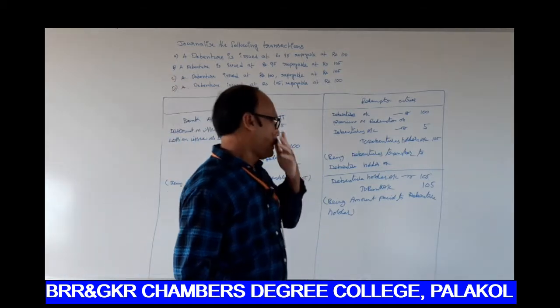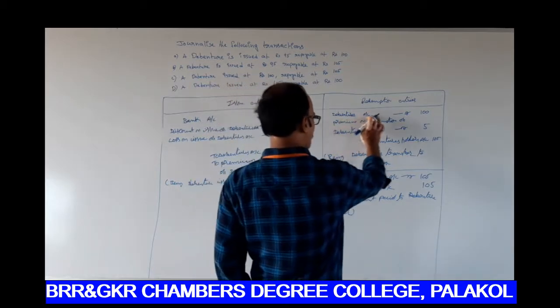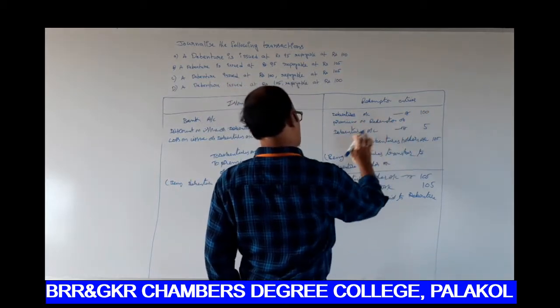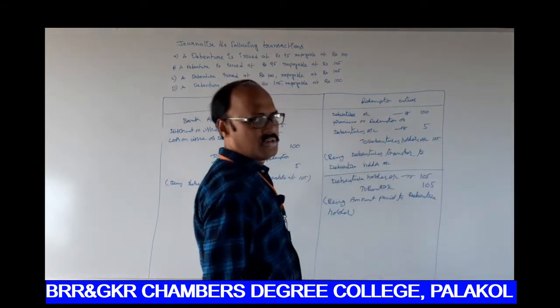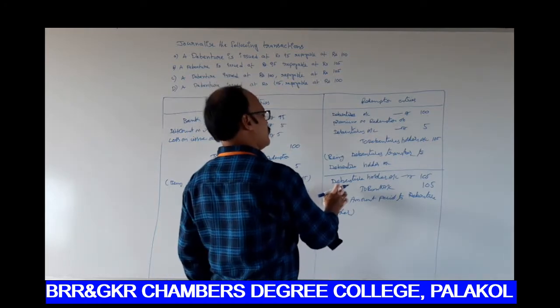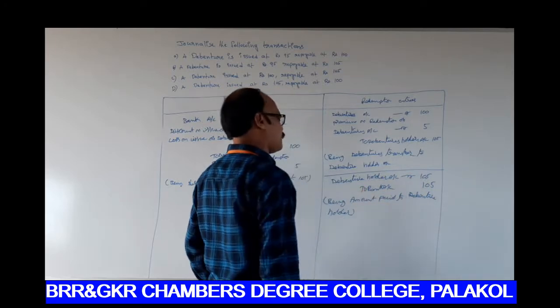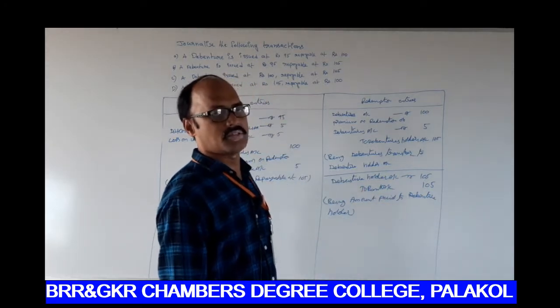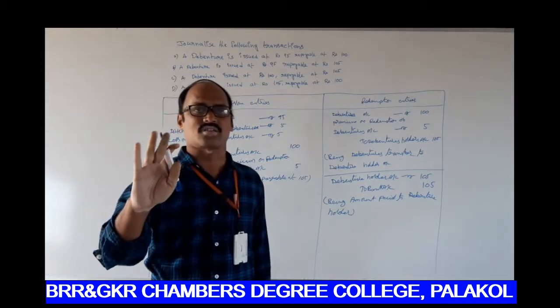So next one, debentures are transferred to debenture holder. Debentures account debtor 100, premium on redemption of debentures account debtor 5, to debenture holders account 105, being debentures are transferred to debenture holder. Next one, debenture holder account debtor 105 to bank account 105, being amount paid to the debenture holder. This is the general entry for second transaction.